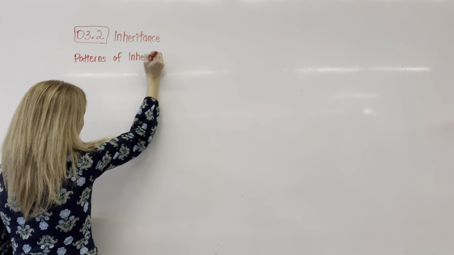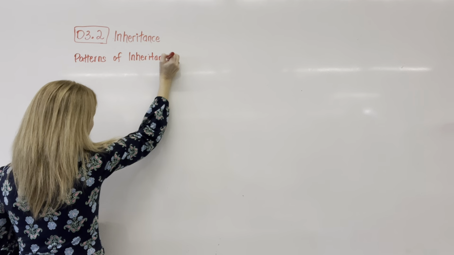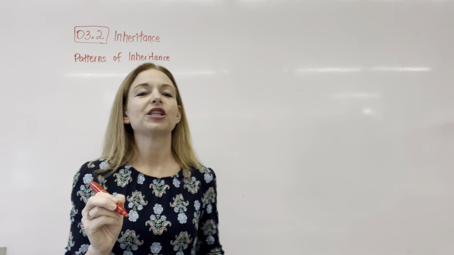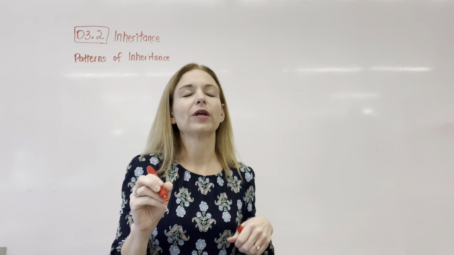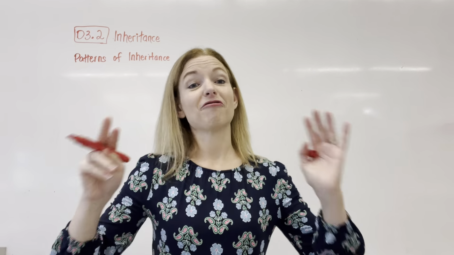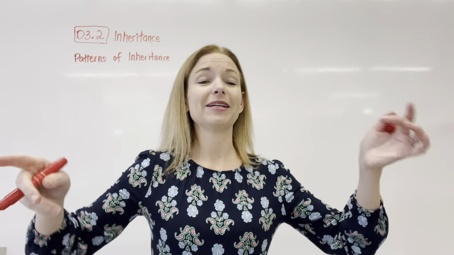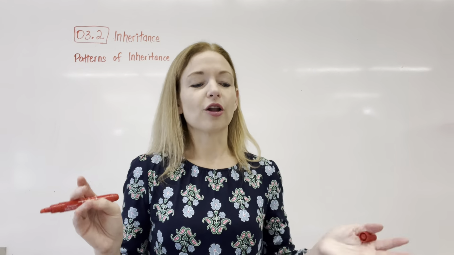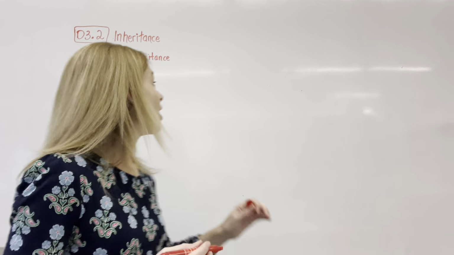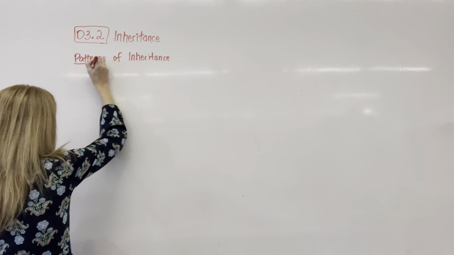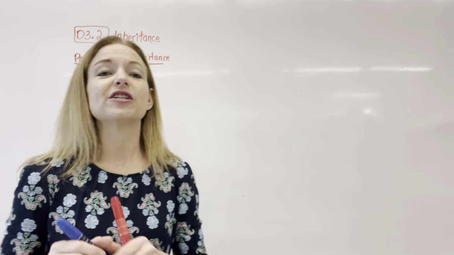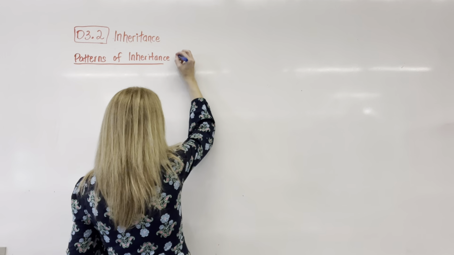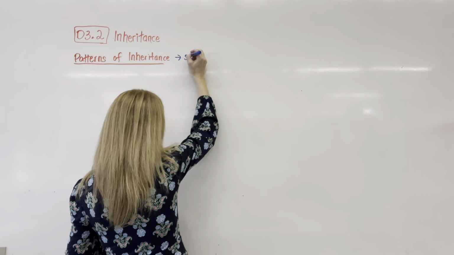There are different patterns that we see. In class, I distinguish these as Mendelian and non-Mendelian. That terminology isn't really in your course, your syllabus. Basically, everything other than complete dominance is non-Mendelian. We're going to look at patterns of inheritance, and once we've determined the pattern, we are then going to solve the problems